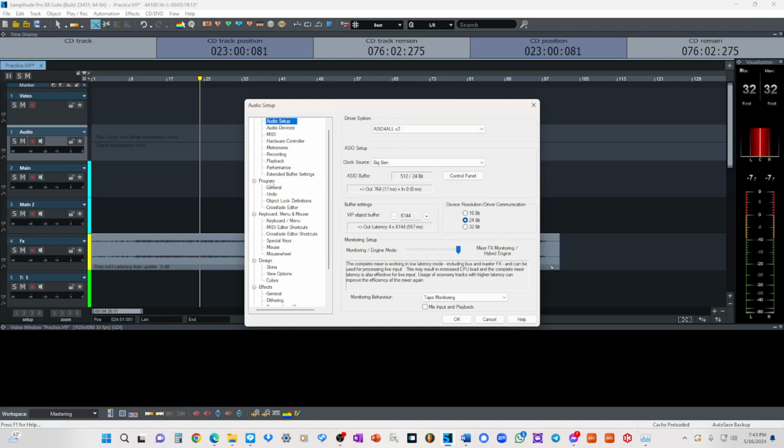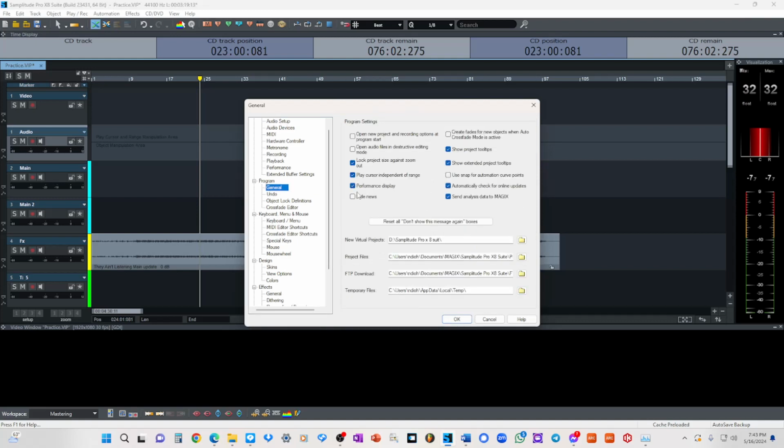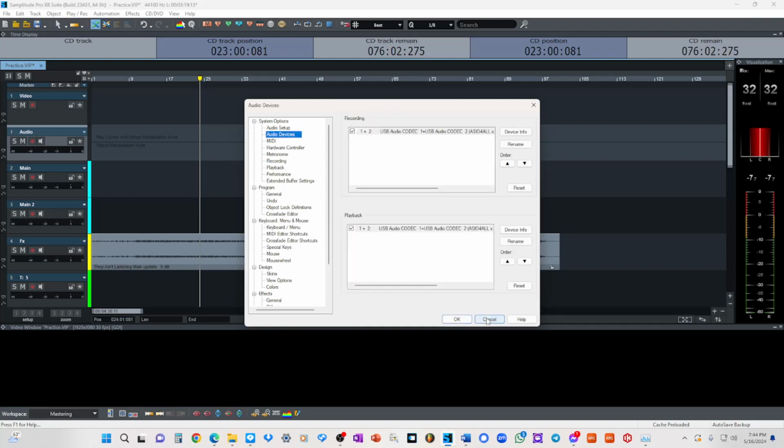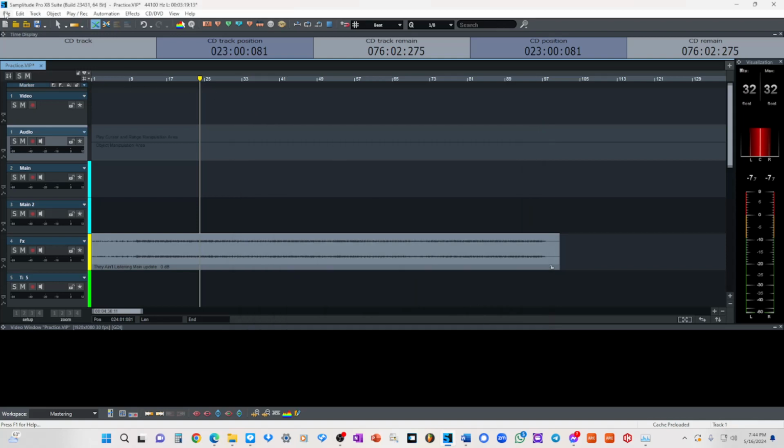Okay, program, you got the general information. I'm not going to go through that. This is just where we were. This way your project file is going to save, and I got mine there. And then the download, of course, temporary files go there. Actually, I'm not ready to go through all of this yet because this is just an overview of the interface. But I just wanted to show you, if you want to get working right away, you can come to audio setup and get your audio devices set up. You know where to go to get that. Other than that,